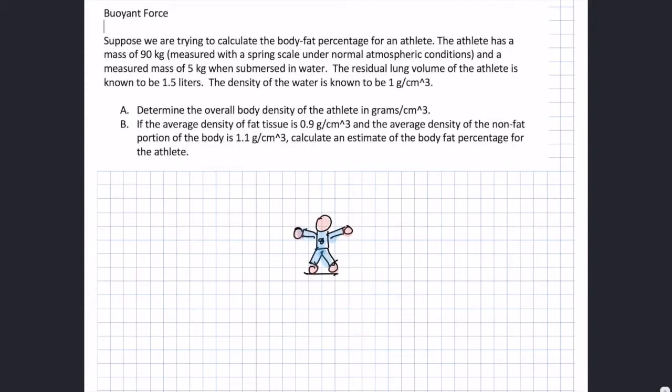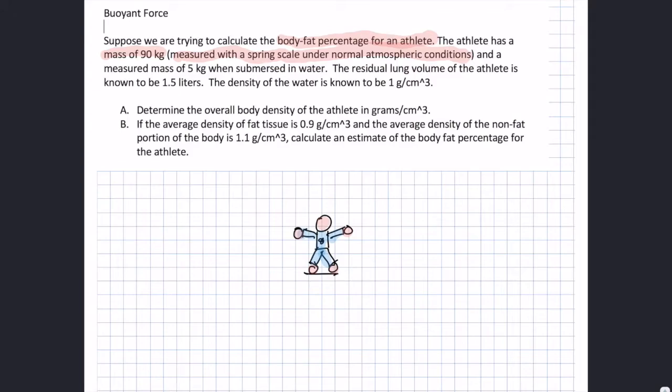Okay, so in this problem, we're trying to calculate the body fat percentage for an athlete. The athlete has a mass of 90 kilograms, and I put this comment in here, measured with a spring scale under normal atmospheric conditions. So he or she is not immersed in water. It's just in regular atmospheric conditions. I also mentioned that it's a spring scale because